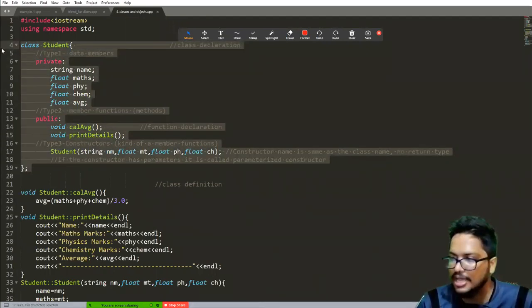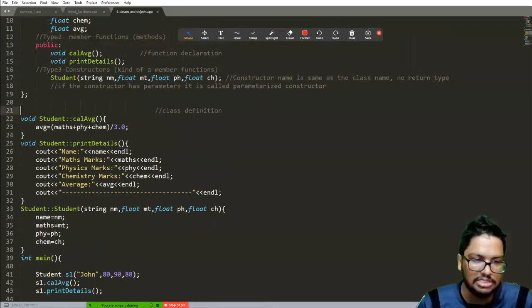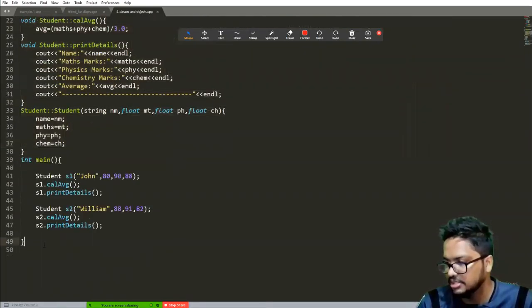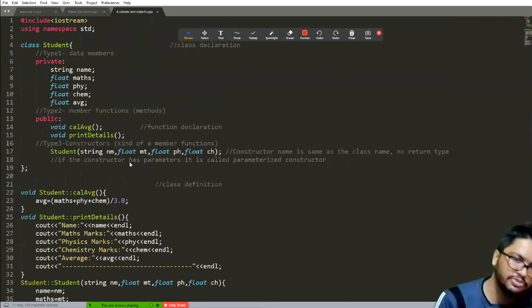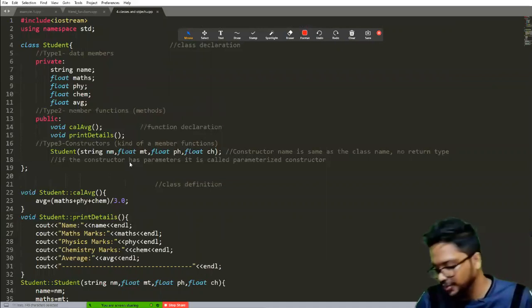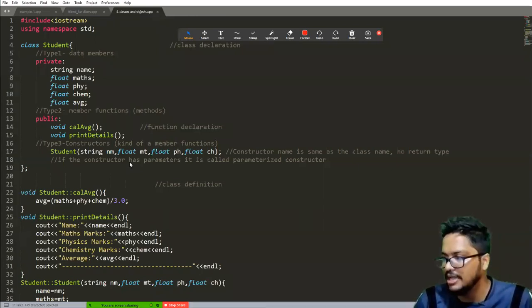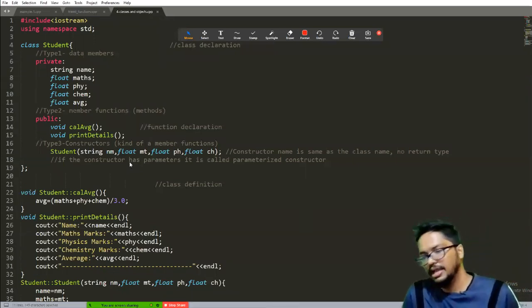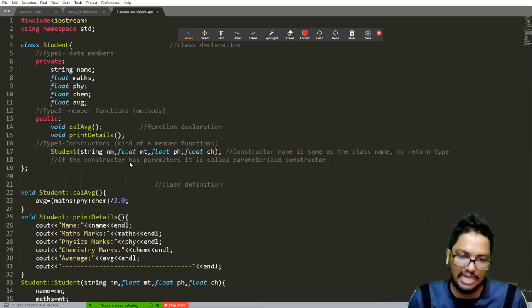So this is called the class declaration, right? And this is called the class definition. This is called the class definition, and this is the normal main, you know, right? But the thing is, when it comes to object-oriented programming, we are not going to implement all of these codes in the same code. That means the class declaration, class definition, and the main we are not going to include in the same code, right? But for the first example, I did it like that, since then we can understand it well, right?